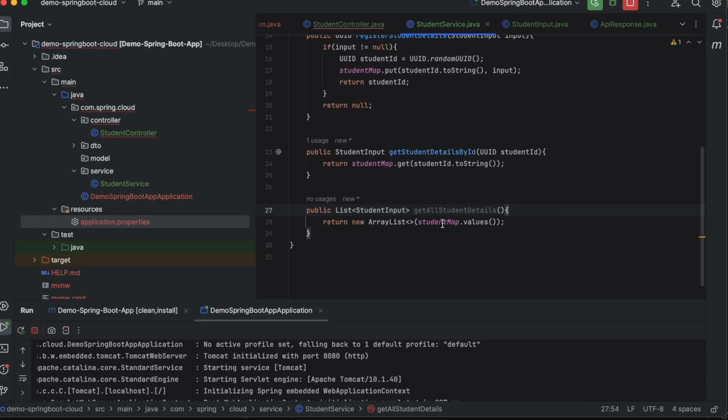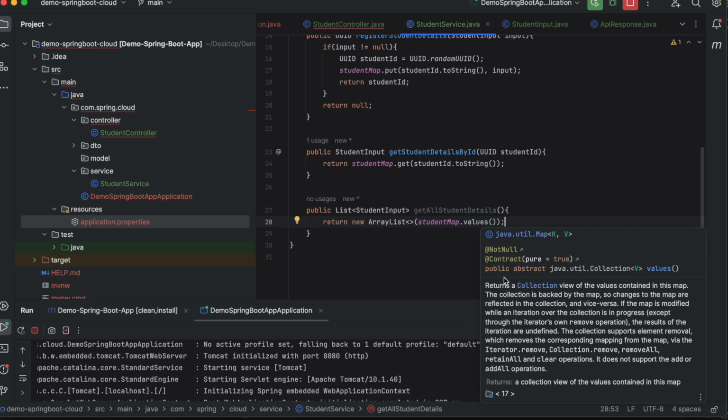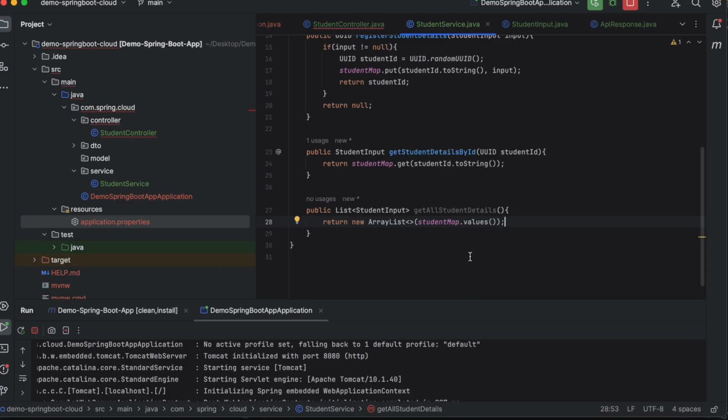It is going to give all the values that are present in this student map, and what this is saying is it returns a collection view of values contained in this map. The collection is backed by the map, so the changes to the map are reflected in the collection. So it is going to give us a collection object as a value.